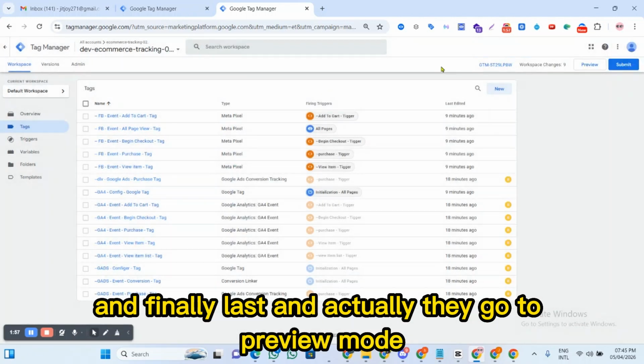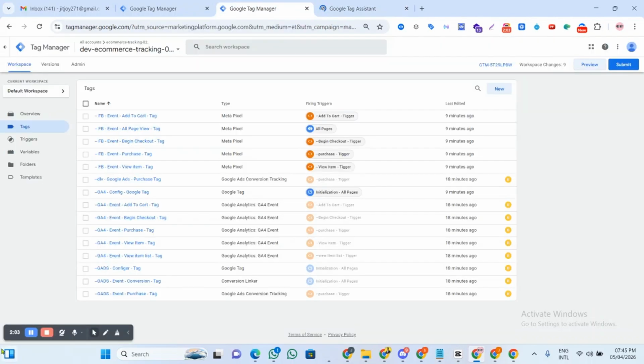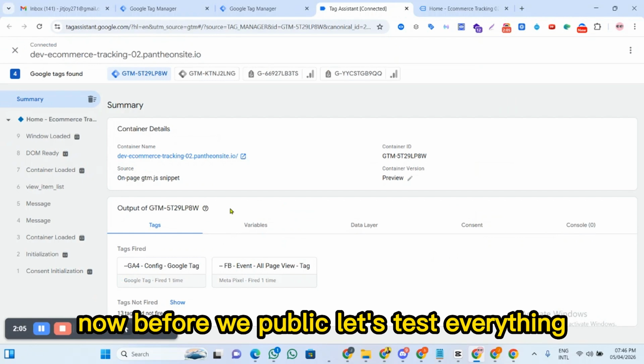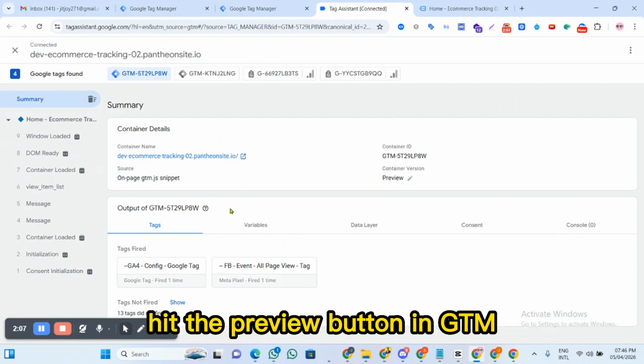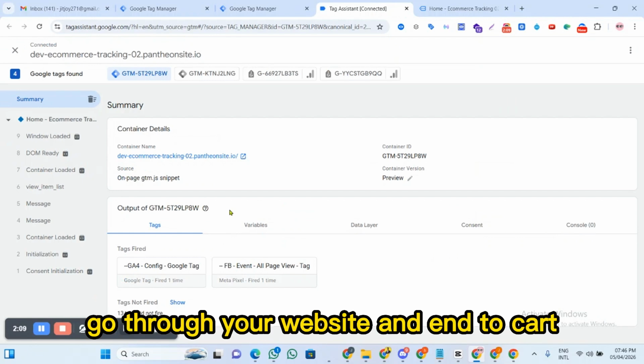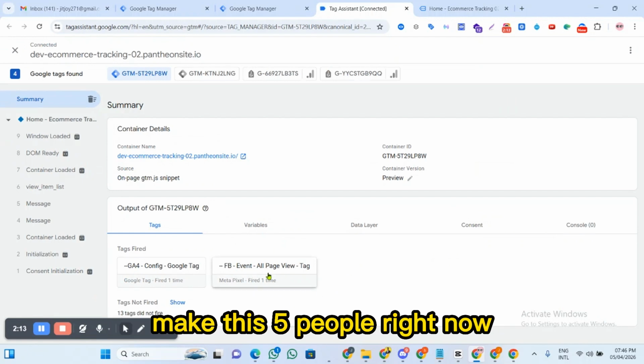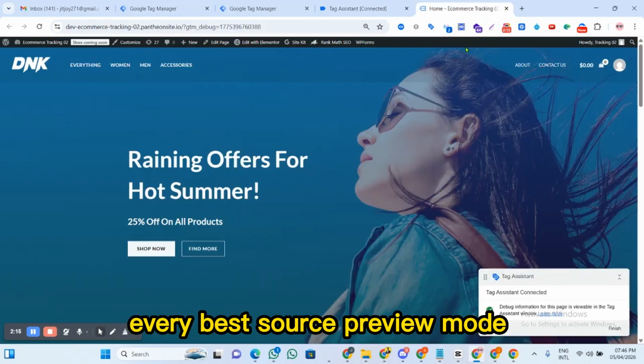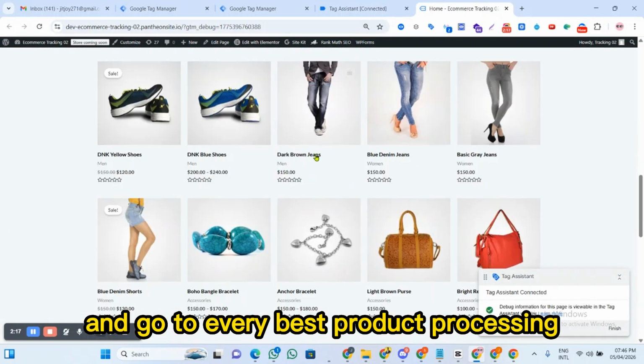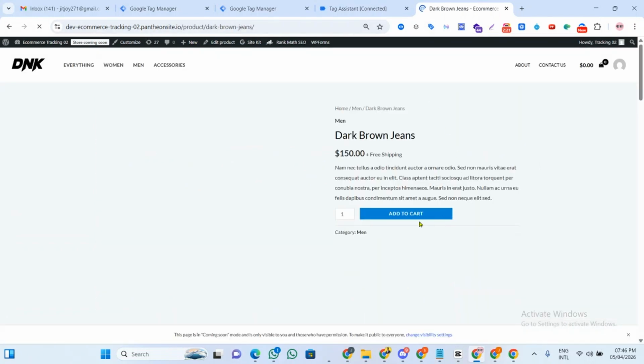And finally, the last one is to go to preview mode. Now, before we publish, let's test everything. Hit the preview button in GTM, go through your website, add to cart, check out, complete a purchase, and make sure these five events fire. Go through every step by step, product processing, add to cart,